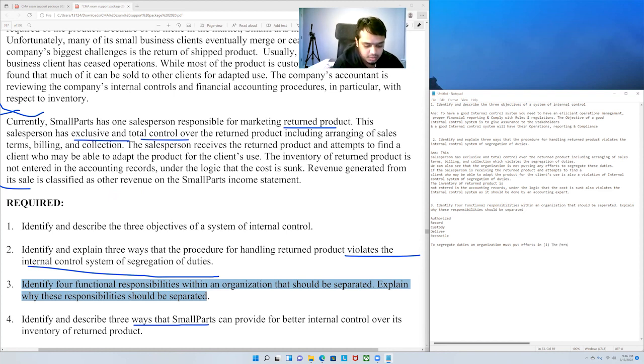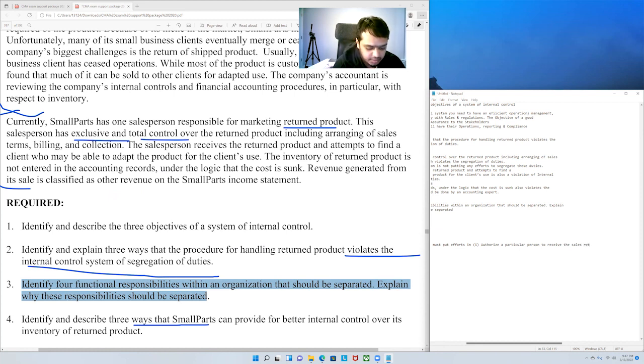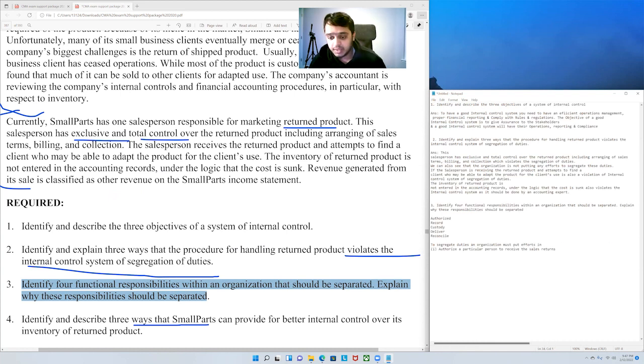The person authorized for the transaction. Authorize a particular person to receive the sales returns. And now when we do this, a person authorized to receive the sales return, it is like